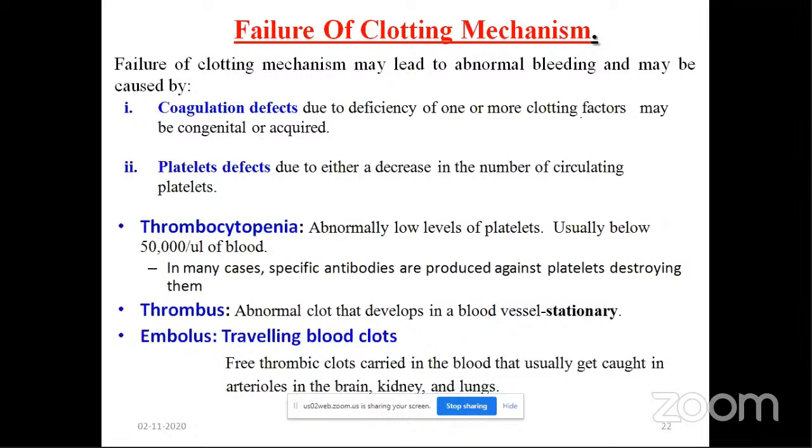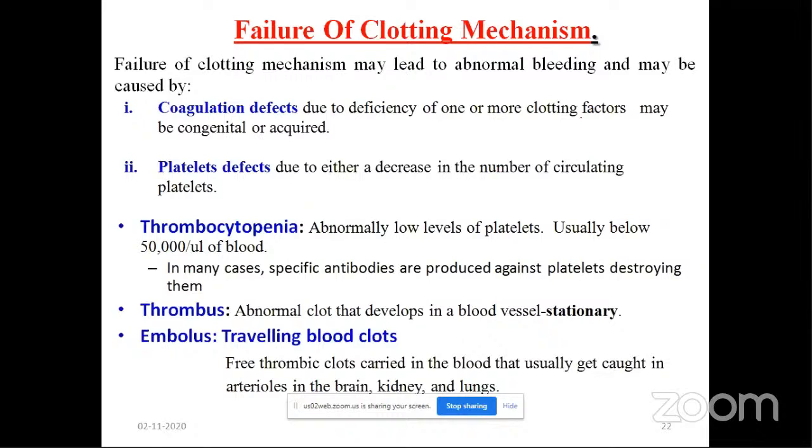So if there is thrombocytopenia or platelet deficiency, one can give platelets, or rather, a bone marrow transplant or blood transfusion can provide the missing platelets. Of course, compatibility and everything is again very important. Then for coagulation defects, one can provide factor 8 concentrate in case of hemophilia, or Christmas factor 9 concentrate can be provided.